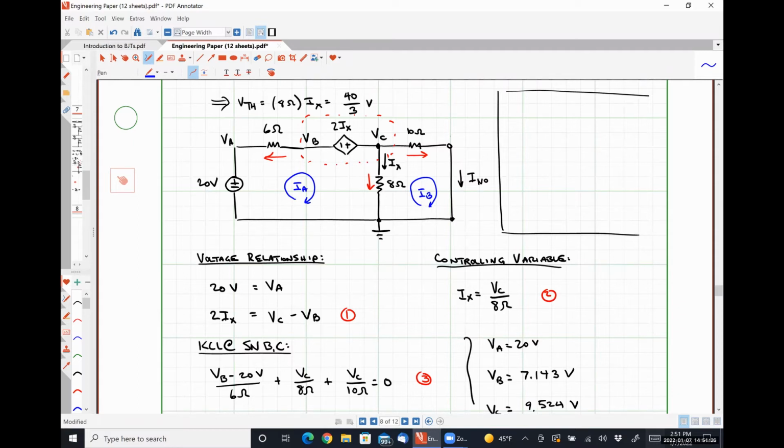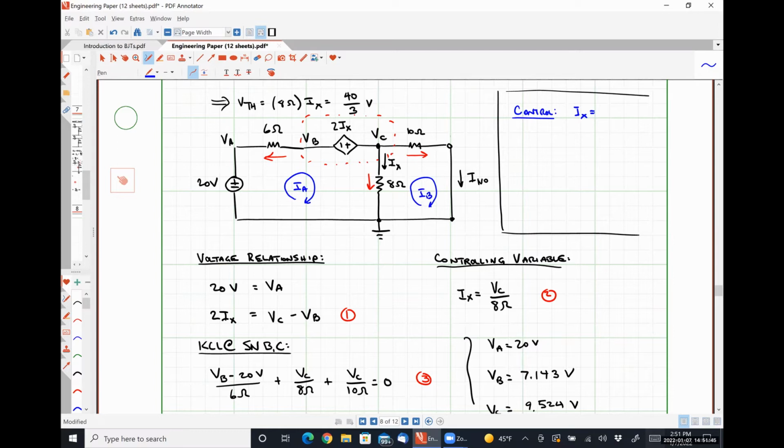We have a controlling variable. And to save myself a little room, since I put myself in a bit of a box here, we could say that IX,